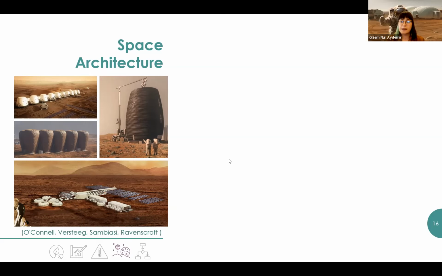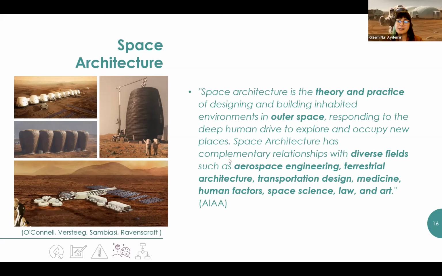Space architecture has been an architectural field for many years, but only in a narrow region, and it's mostly practiced as sketch problems, actually. In this respect, for many architects, designing a space station, a moon, or a Mars habitation is akin to playing in a science fiction field mostly. However, as you can see from the space architecture definition made by the Technical Aerospace Architecture Subcommittee of the American Institute of Aeronautics and Astronautics,